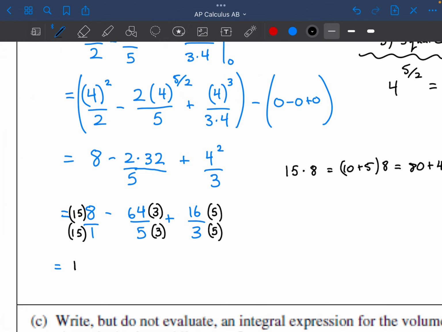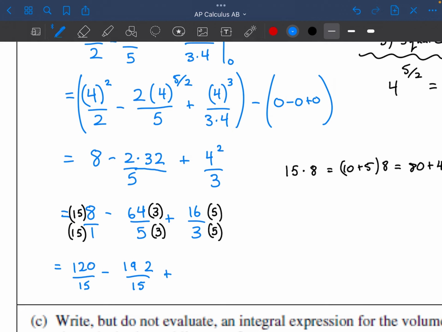So this is going to be, I do want to switch back to blue, 120 all over 15. Didn't I just say I wanted to turn it into blue and I didn't even follow my own advice? Come on, Mr. Sindel. 120 over 15 minus 64 times 3. And this one, there's not a trick that I'm thinking of. I have a 12, which means I have 2 here. Carry the 1. 3 times 6 is 18, and that 1 is carried, so it's going to be 192 over